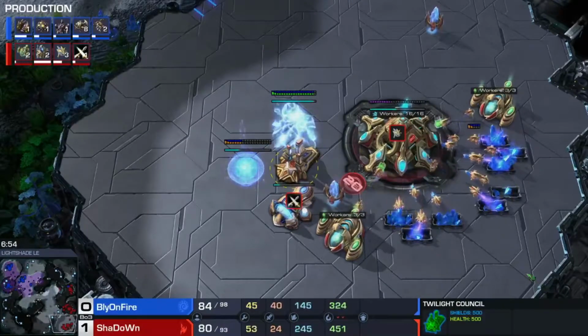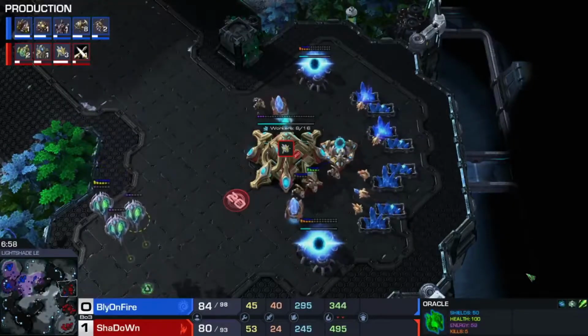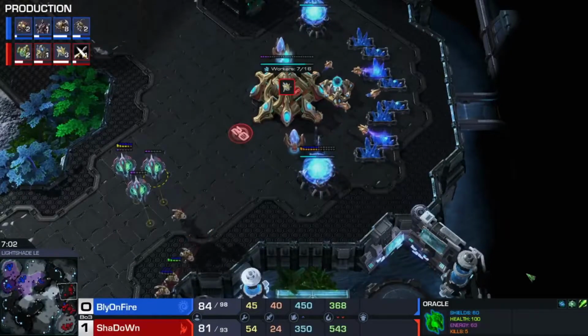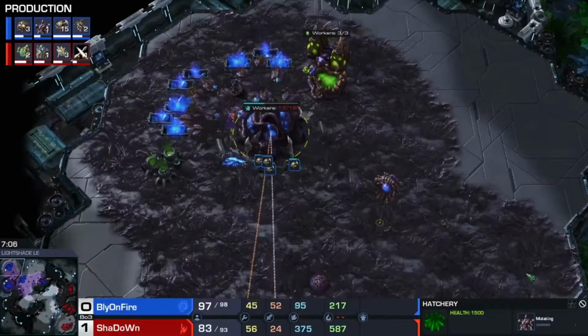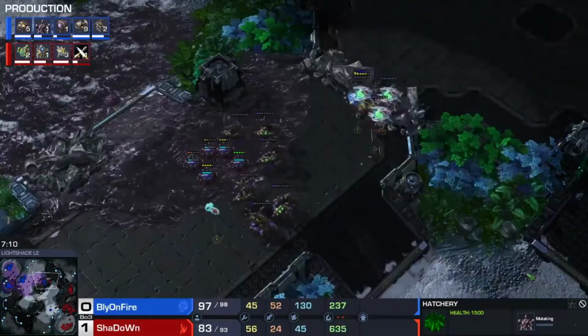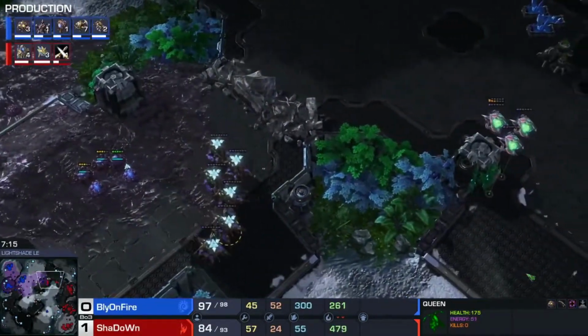So he won't quite have the same advantage as he had last game, and ShaDoWn will have those similar advantages. A little bit of air tech to begin with, the robo down, the twilight down, the +1 advantage. And even though Bly's going for a lot of roaches here, I don't think he's going all in. With a lair behind this and more roaches popping out, he's probably going to wait for speed before he really makes a big push. We do have a lot of queens starting to create a bit of a creep highway